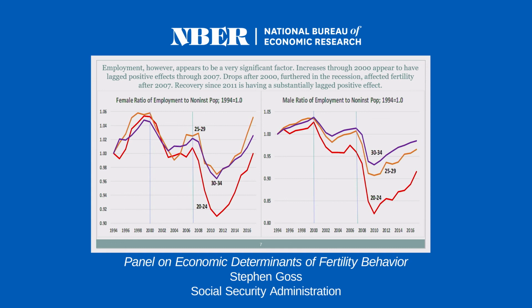But just looking at the economic determinants on slide number 7, this is looking at these three five-year age groups going from 20 up to 34. What happened since 1994 in terms of the employment rate? Now, I've indexed the employment rates relative to 1.0 for 1994, just so you could see what the trending was for each of these age groups. These are not absolute. And you can see that things were doing nicely up to 2000.